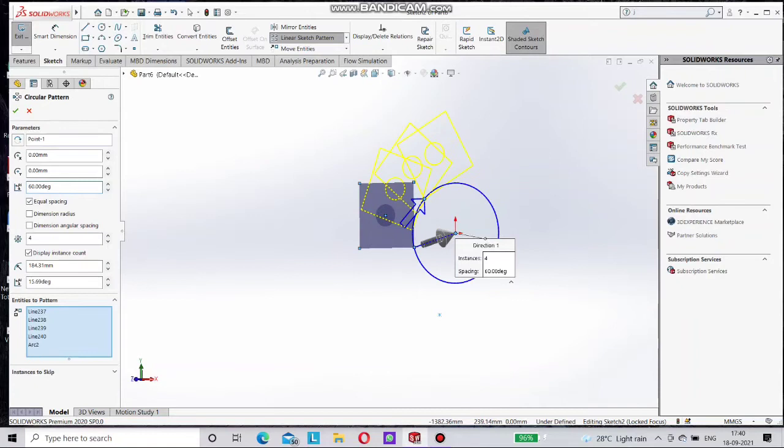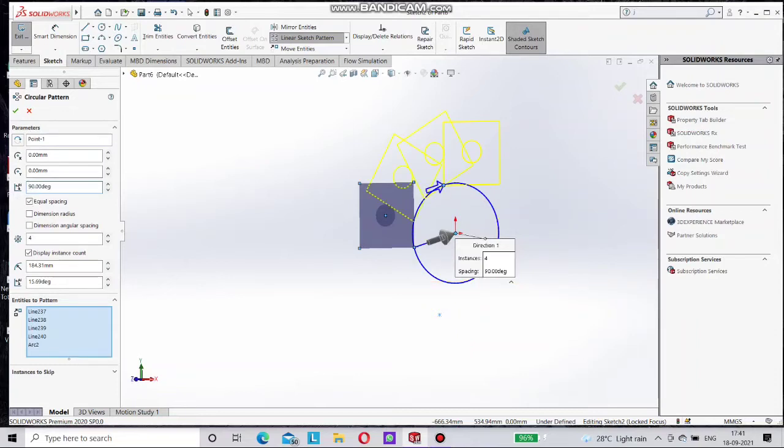In 90 degree or 60 degree, you can see here 4 patterns, and in 90 degree it is a limit. If you select 180 degree, it draws like this. You can see clearly on screen. If you select 270 or 360, it will draw this pattern in 360 degree direction